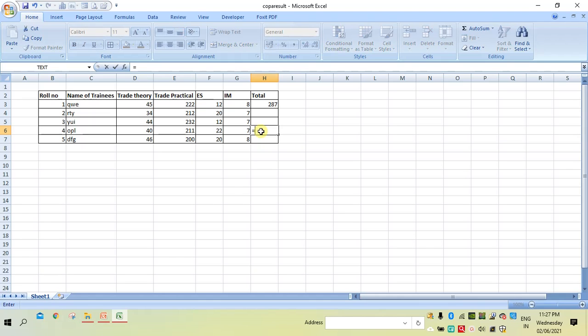Let me show you. Equal to SUM in brackets, so I will specify the range, that is D6 to G7.